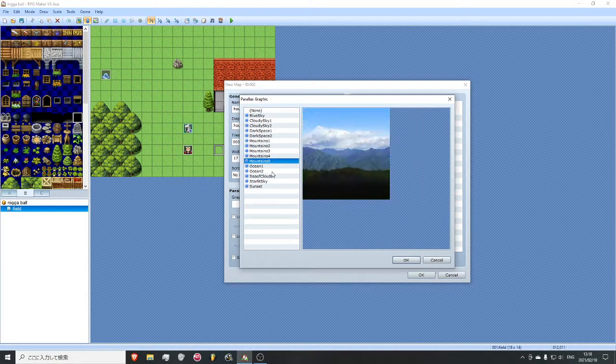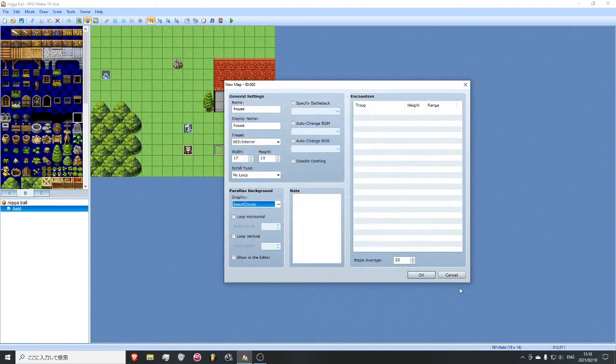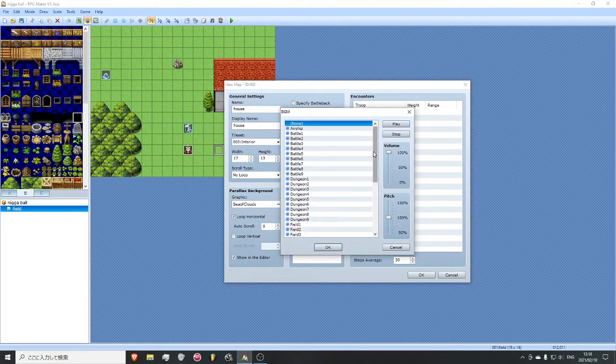Graphic. Let's use like a sea of clouds. I really like that one. Show in the editor. Loop. And let's make it loop horizontally, so it looks like it's moving. It's not really, it's kind of stupid, but let's make it a song. Let's use